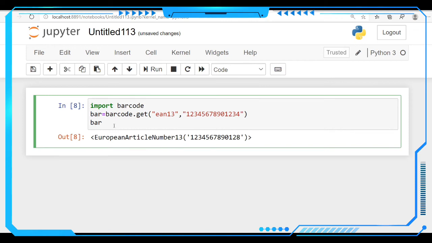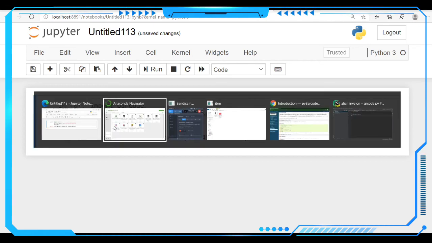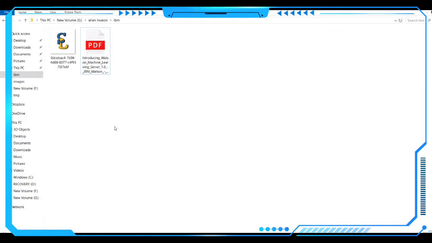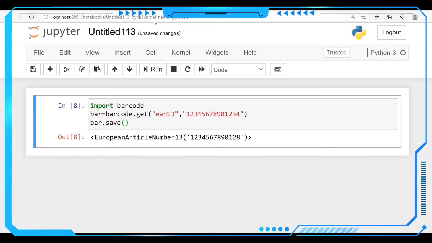If we want to save this barcode, we have to use bar.save. We have to choose the location here. I am going to select this location, and under this location I am going to save my barcode.